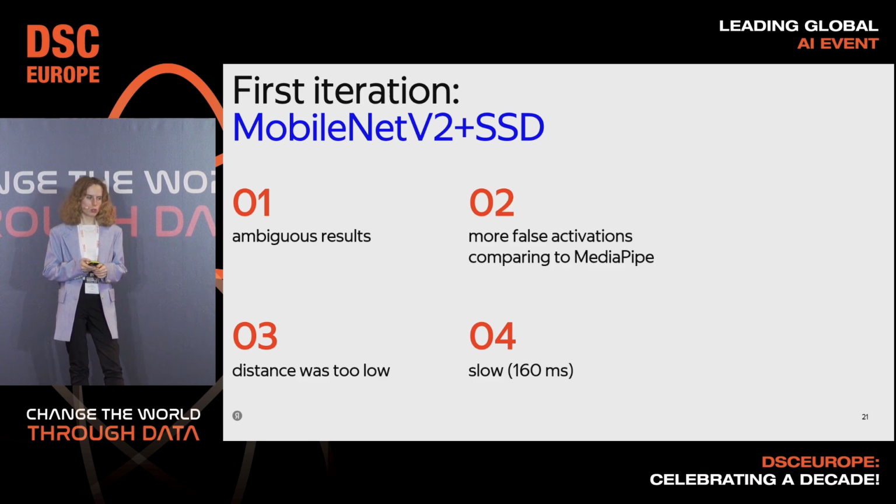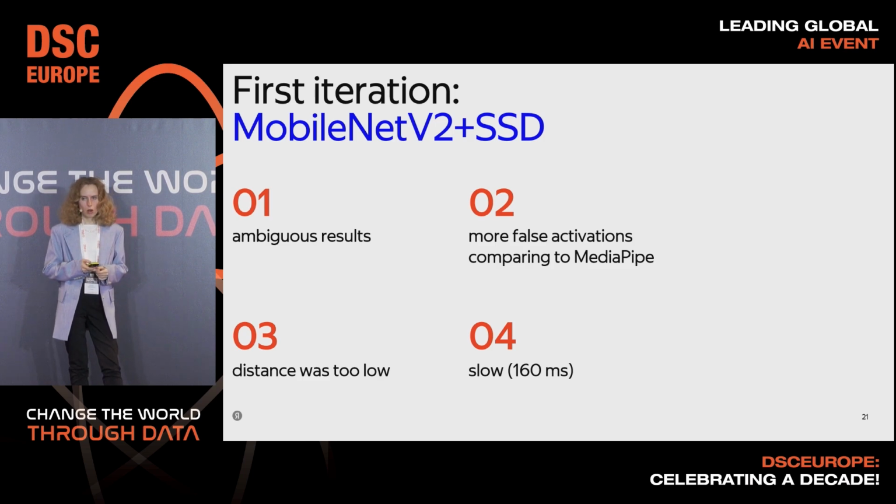Okay, we got this data and then we trained our first model. It had a MobileNetV2 architecture and an SSD model for detection. But results were quite ambiguous because we had more false activations compared to MediaPipe, and our distance was too low, because we wanted to recognize hands and gestures well at 3 meters, and this model recognized them like MediaPipe at